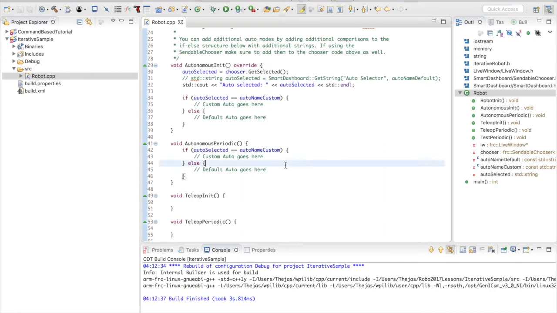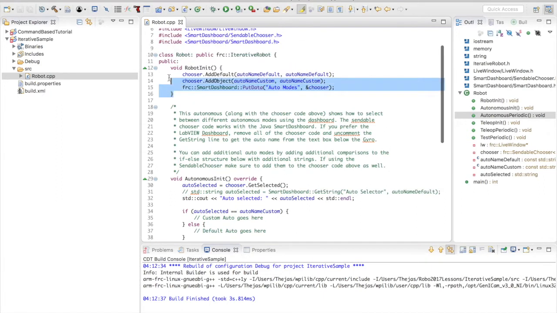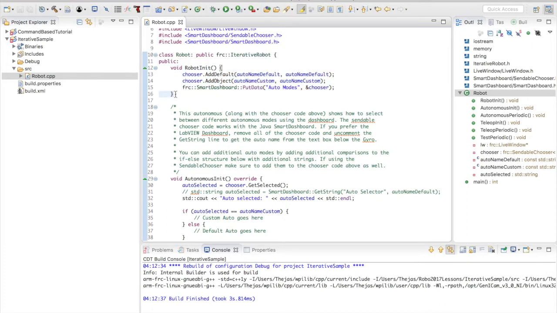So what Iterative Robot will do is this function, robot init, will be run when the robot is first booted up, and that's the only time it will be run. So this is where you put stuff like initializing objects for your controllers and your sensors, any one-time initialization. This is where you would set up the chooser for choosing different autonomous routines on your smart dashboard,